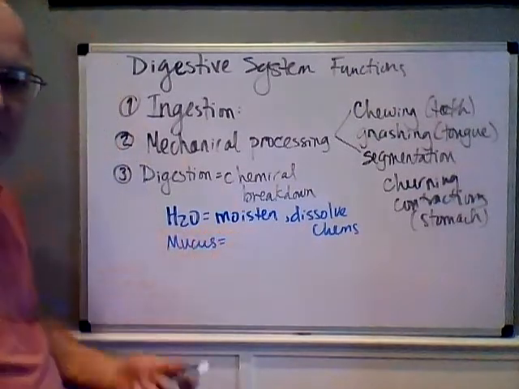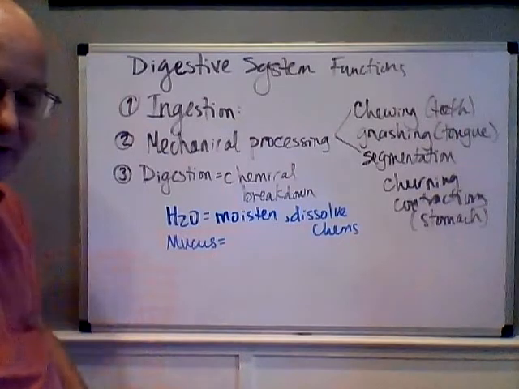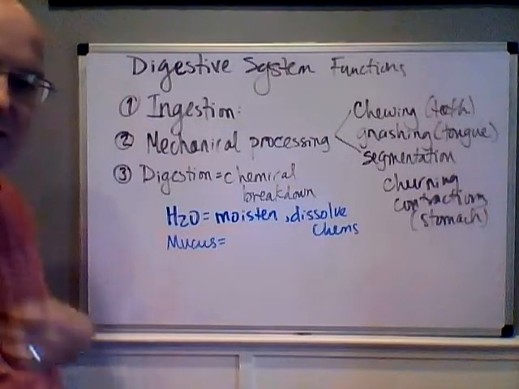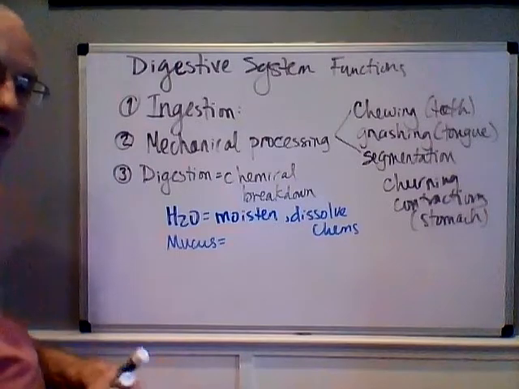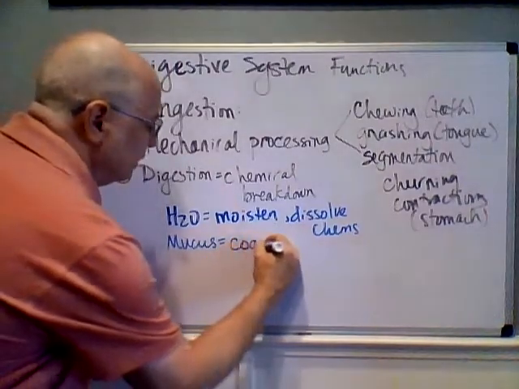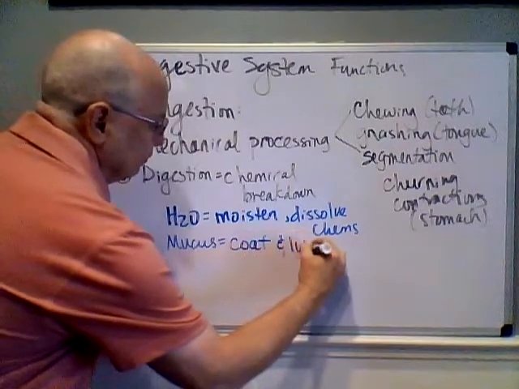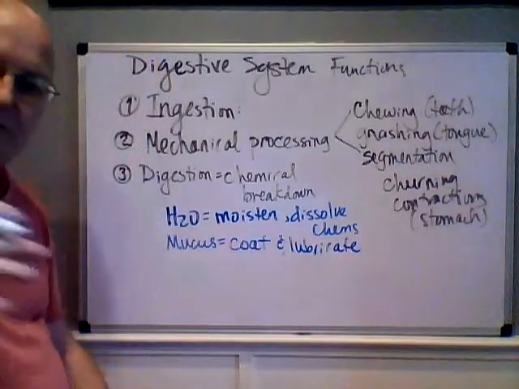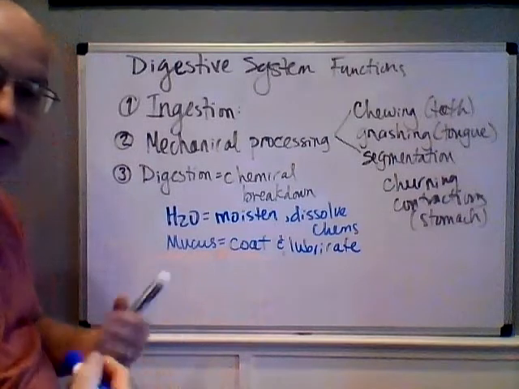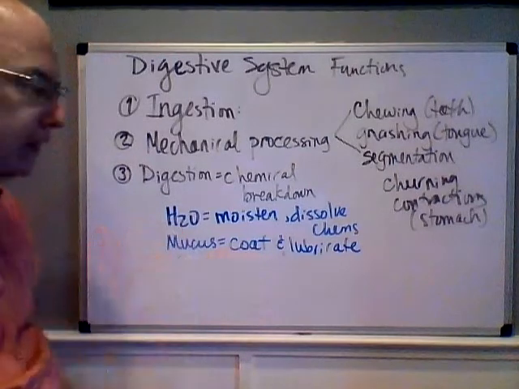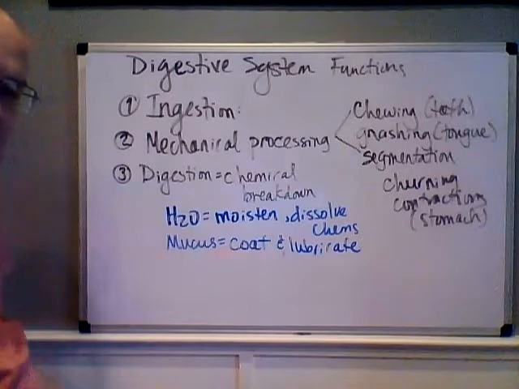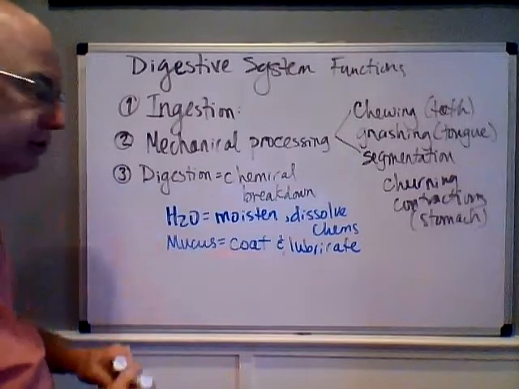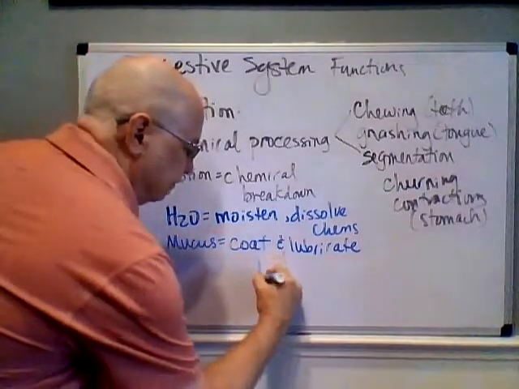Mucus, as it's secreted into the digestive tract, as much as we hate to think of it, your digestive tract is making boogers and they're running through your system. The mucus also can coat and lubricate the walls of the digestive tract so the food slides through more easily. It also can coat some of the food that you eat and help lubricate things so that it slides through the tract. Also, another thing that mucus can do is it can provide protection